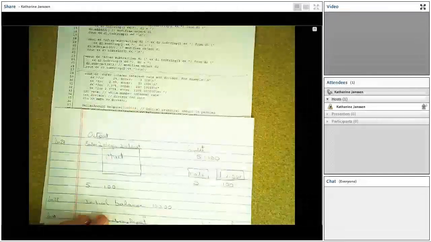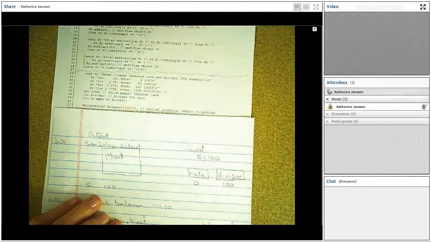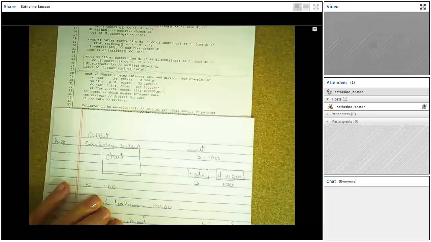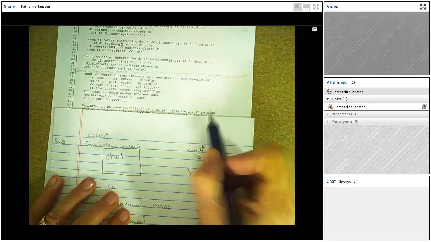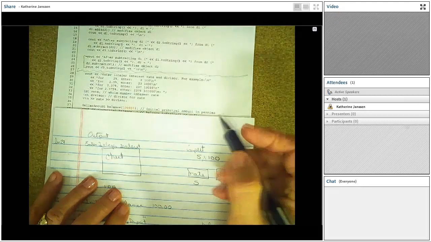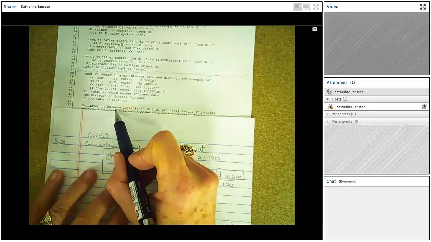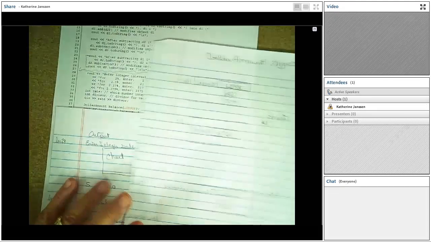At line 37, we instantiate a new dollar amount object by the name of balance, and we're going to initialize it to the principal amount, but in pennies. We're converting everything to pennies. So our new dollar amount object